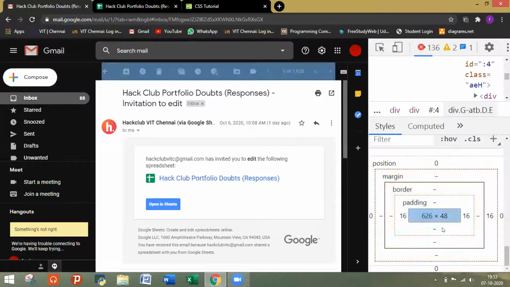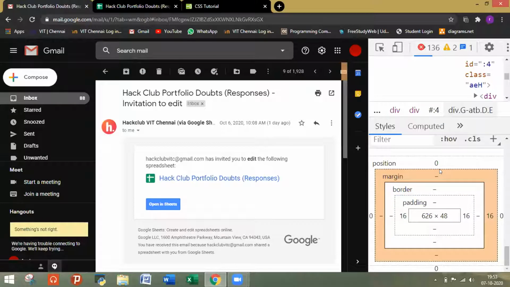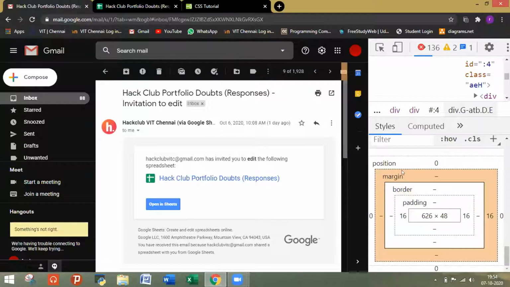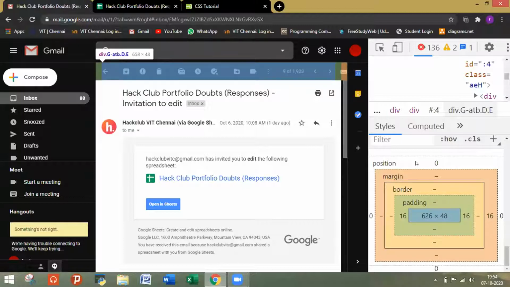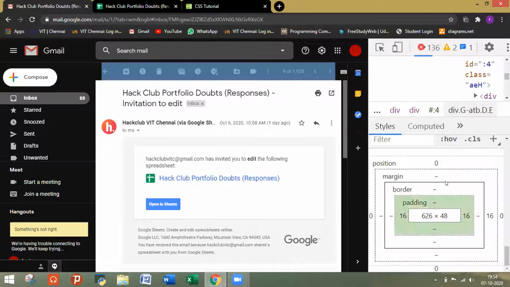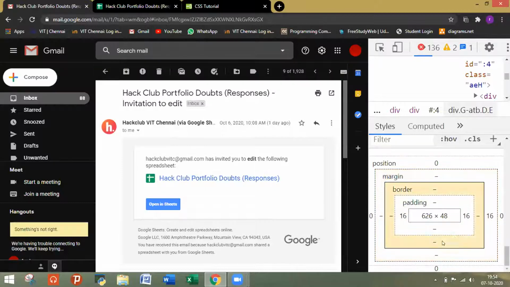There is also one other application of the box model. And one another thing, don't think you are only allowed to change, for example, the padding as a whole. No, there are various options. You can change only the top padding or the bottom padding or the left padding. Similarly with margin as well: top margin, bottom margin, left margin. You can do it separately as well as a whole.